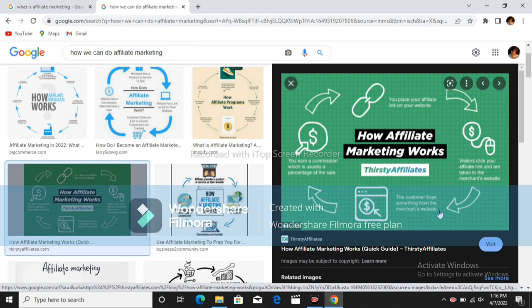Merchant means the client you have hired, the person you hired for your work. The customer buys something from the merchant website, the customer buys the things and products, and then you earn a commission, which is usually a percentage of the sale.